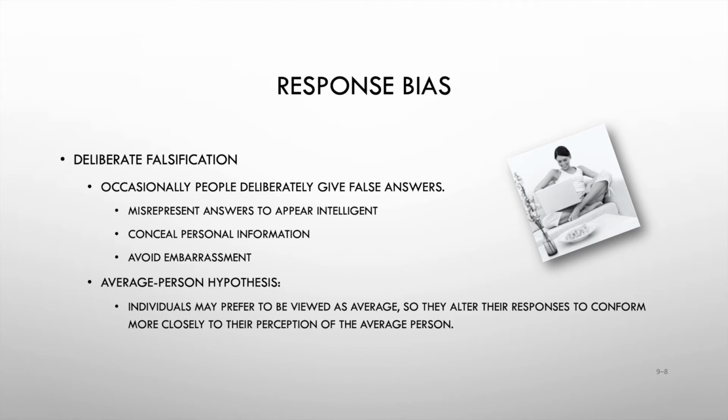Deliberate falsification occurs when people give deliberate false answers. And as you see here, it can pertain to misrepresenting answers to appear intelligent, concealing personal information, or wanting to avoid embarrassment. And here you see the average person hypothesis. Individuals may prefer to be viewed as average, so they alter their responses to conform more closely to the perception